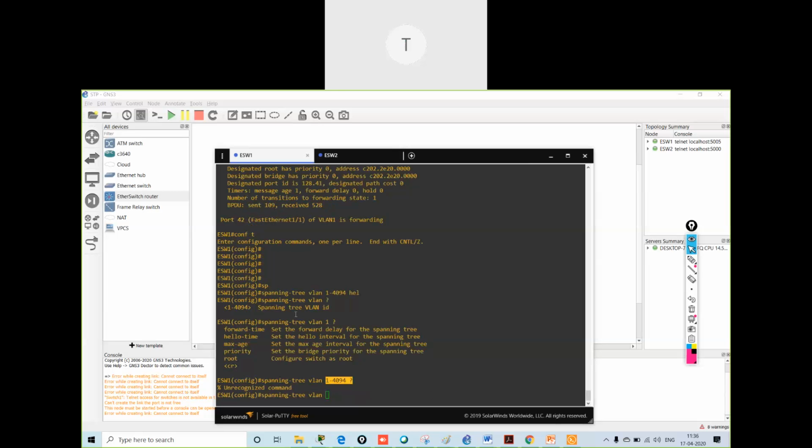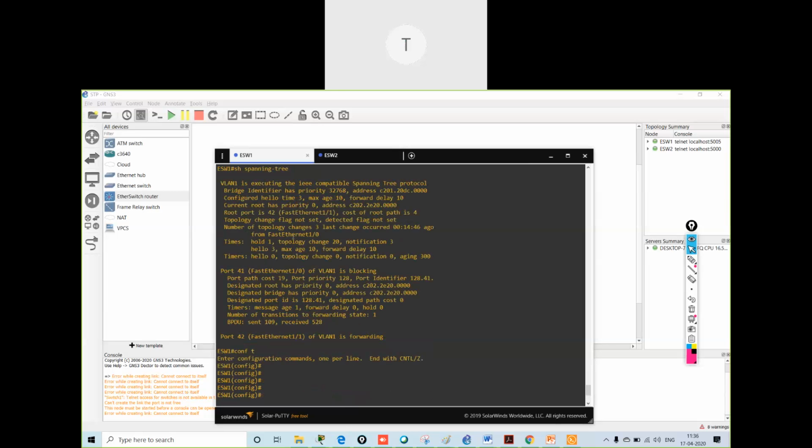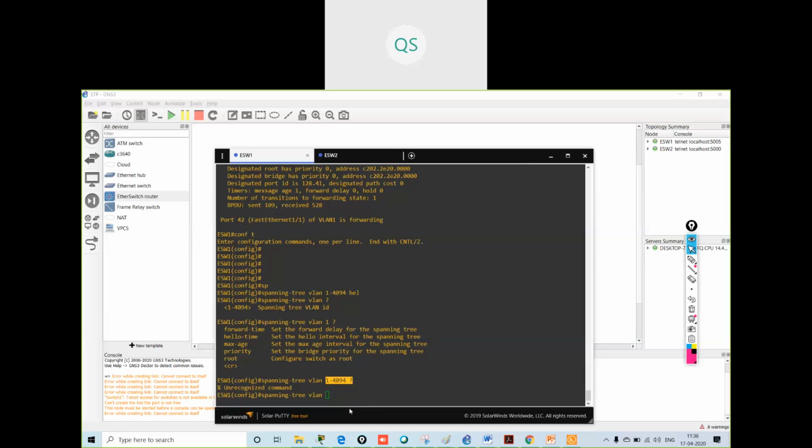You have to change the timers for all the VLANs. See, what I've done is I've changed it for only VLAN 1. So if you change it for only VLAN 1, only the ports assigned to VLAN 1 will get the changes. Others will not.